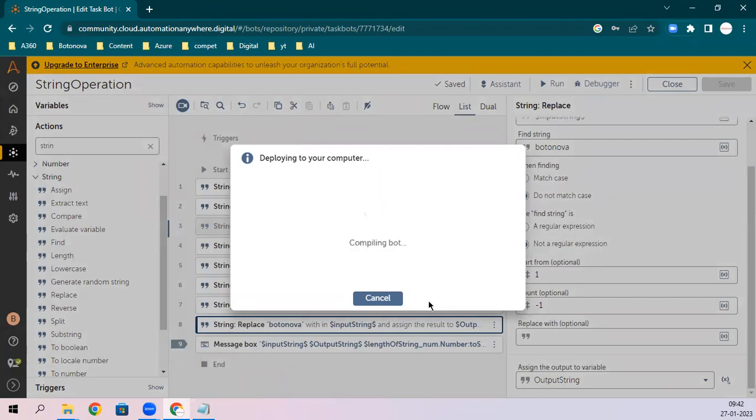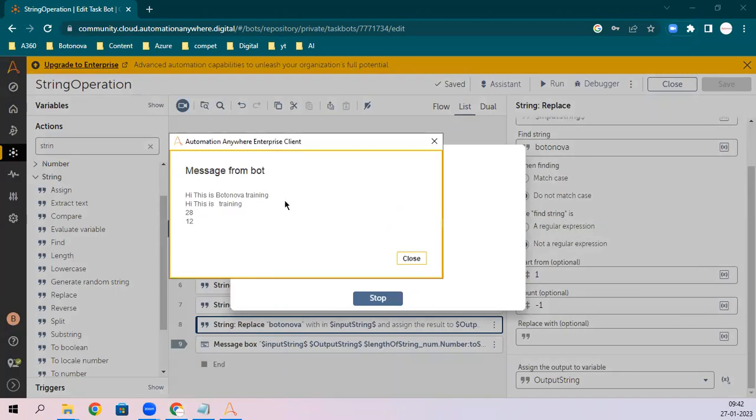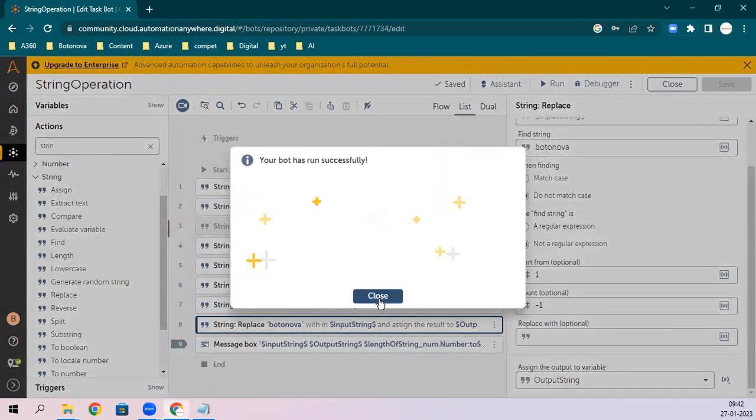Let's see what the output is. See, 'hi, this is Botanova training', and this is just replaced with the space. I just removed this Botanova. So that's how you work with find and replace.